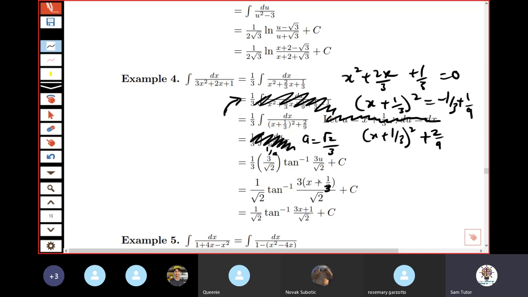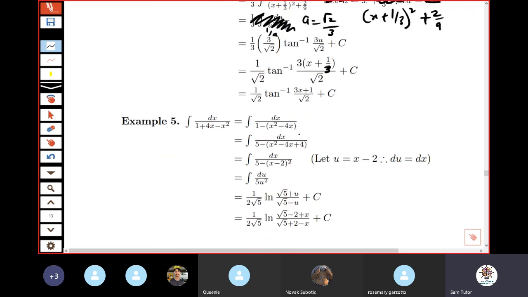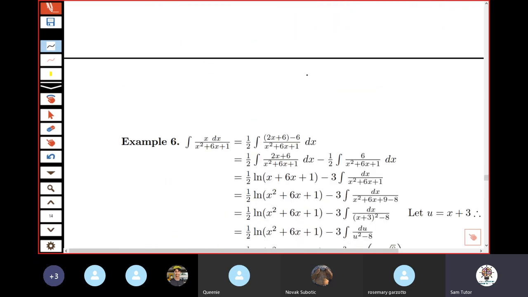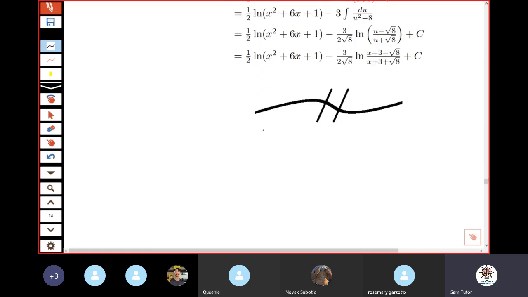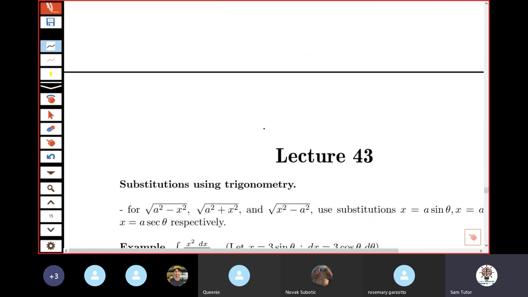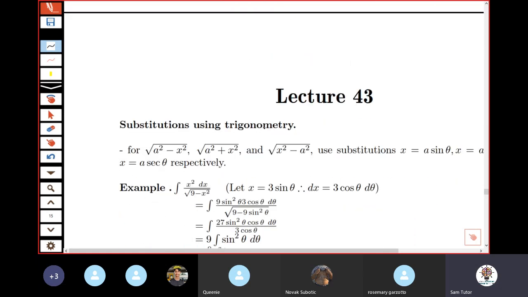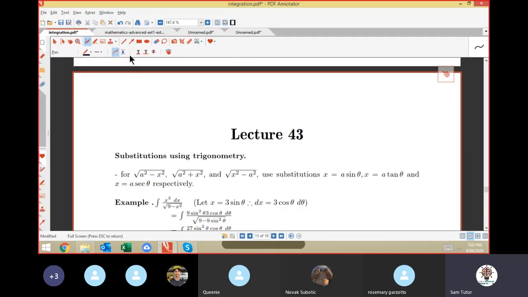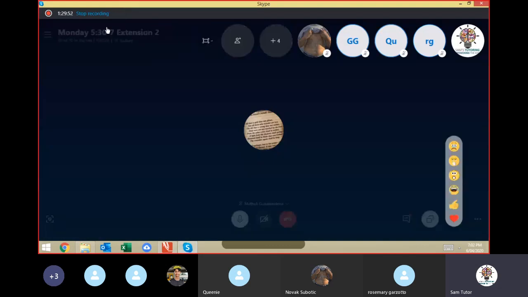And then 3x plus 1, the 3's will cancel out. Yep. I'll probably update this and send this to you guys because those log ones are not in the syllabus anymore. And then we're going to do trig substitutions next week. Okay. Let me stop this. So what I'll